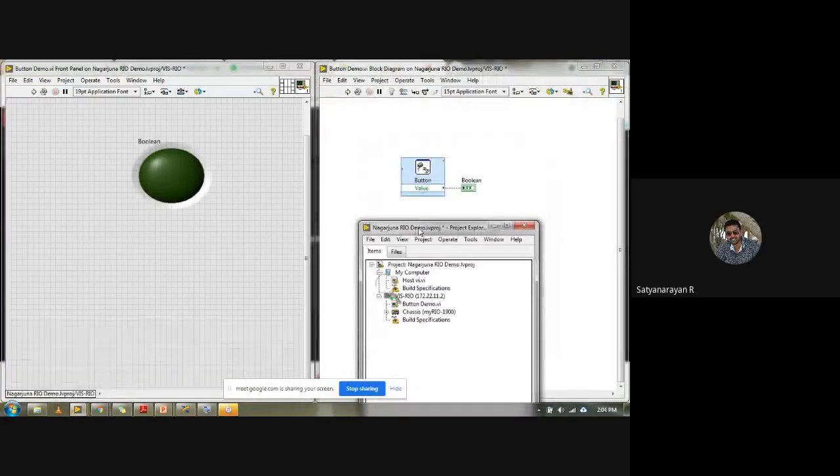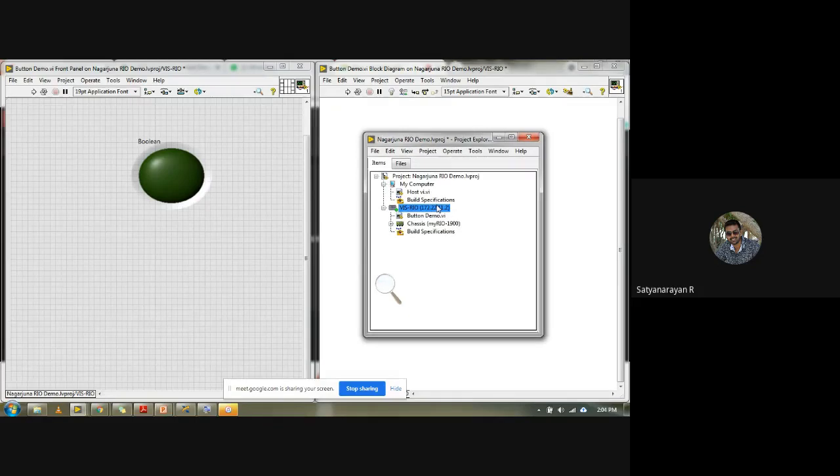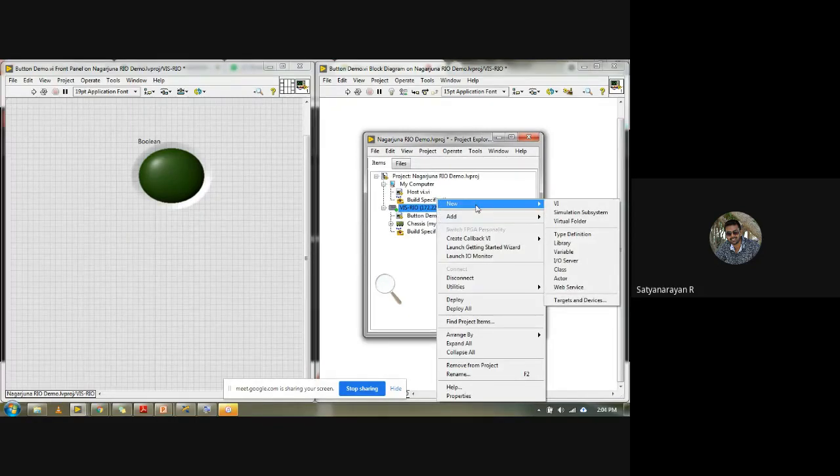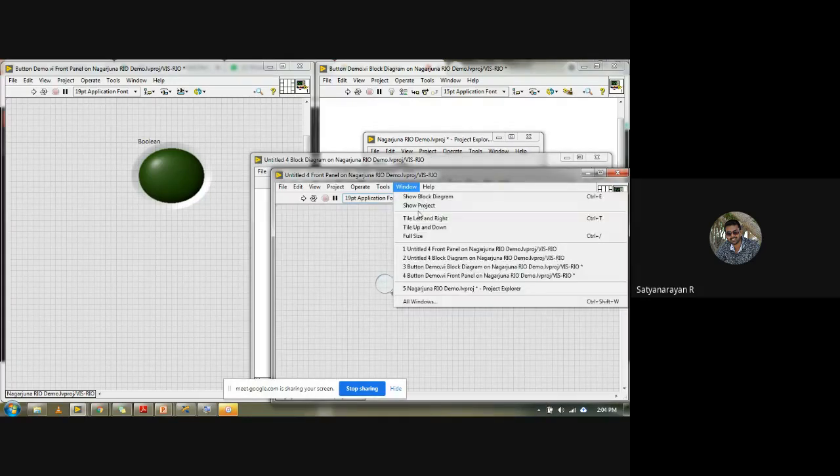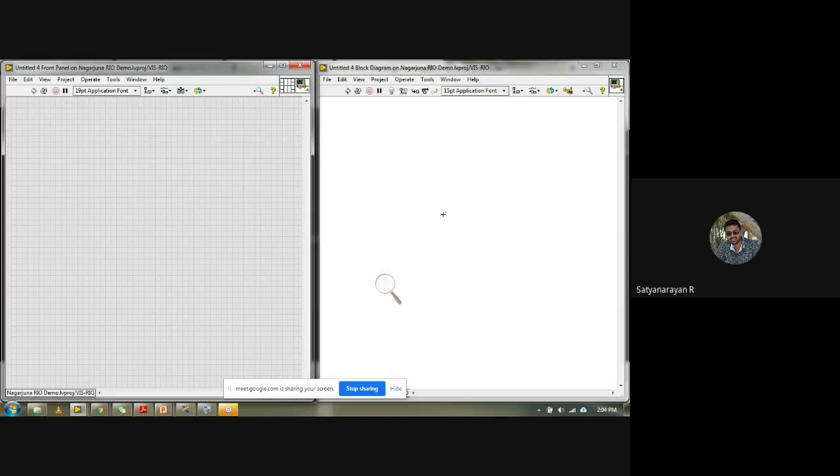Okay, fine. Previously we did it this way, and we were checking how the response was going. Now we'll add one more VI. I'll right click on the RIO hardware, choose New, then VI. Under this new VI, we'll access the accelerometer values. From the RIO, the accelerometer values will keep on generating, sending different values, and those values are going to be acquired in LabVIEW. So we're going to access and work on the same.